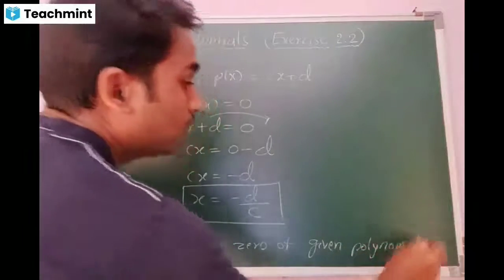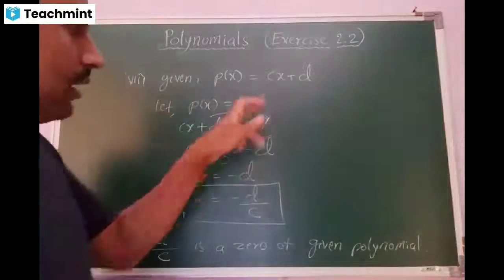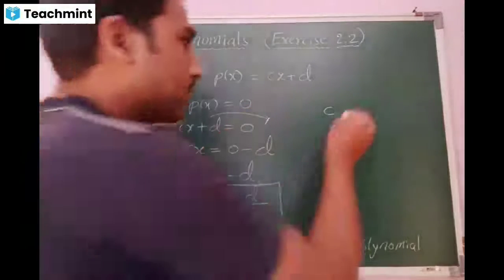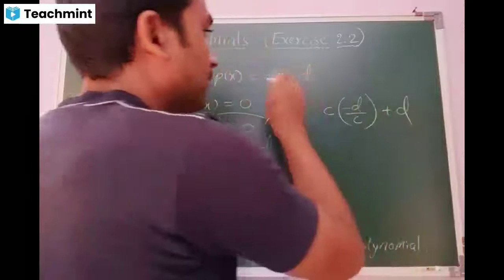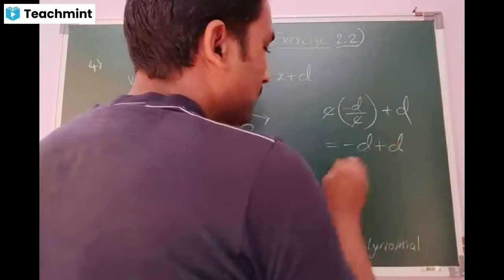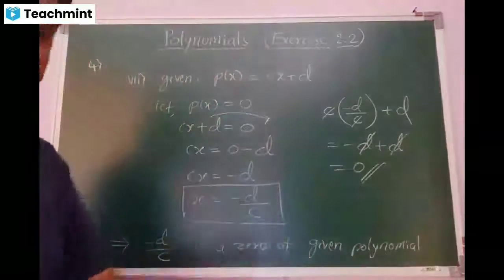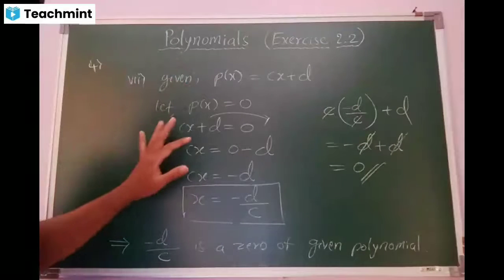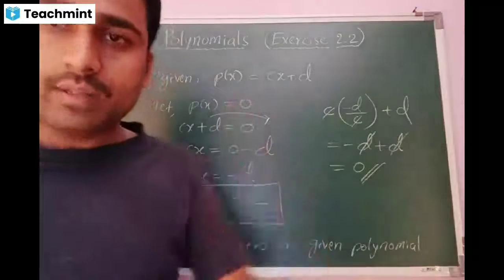Here also, beta, we can do the verification for ourselves. Anyhow, they have not asked for the verification. Let us try. See, as it is, beta. In the place of x, I have to write minus d by c, plus d as it is. Then c with c gets cancelled, you get minus d plus d. Again, getting cancelled, you will get 0 as the answer. Am I right? So students, this is the complete procedure of finding the 0 of a given polynomial.